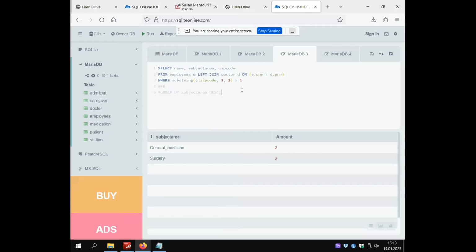We will have the whole table of employees whose zip code begins with 7, and we also have as return the subject area if the employee is a doctor. So we need all the employees, and if the employee is a doctor, we will return also the subject area. If not, it will return null. So we left join. On the left is employee, and on the right is doctor. Employee is larger than doctor, and we will select name, subject area, and zip code without E or D, because